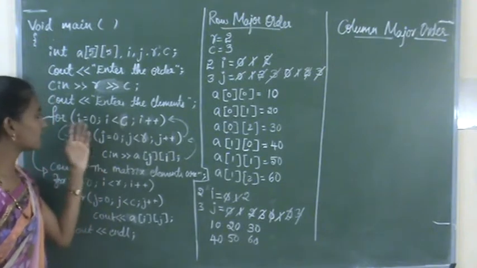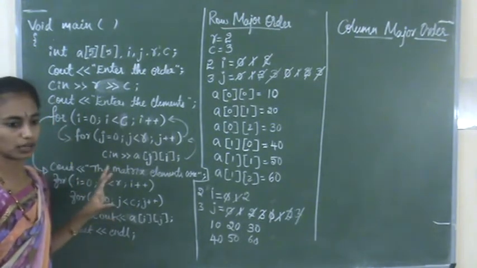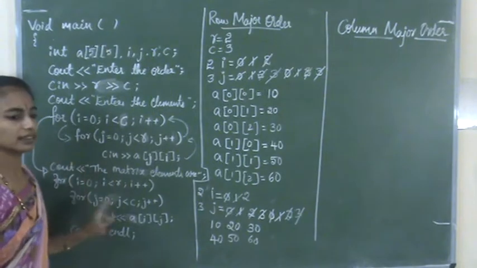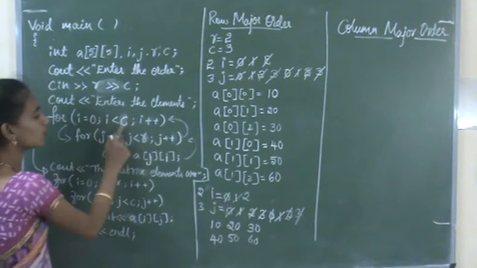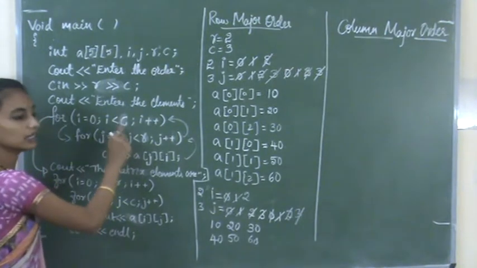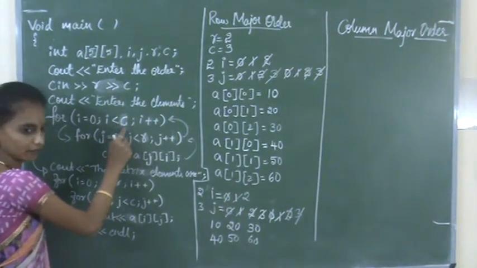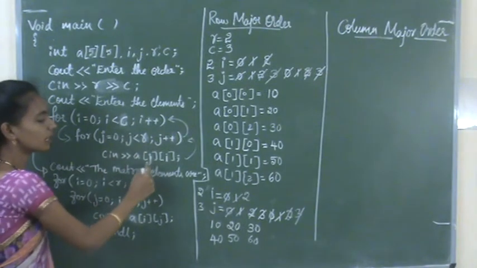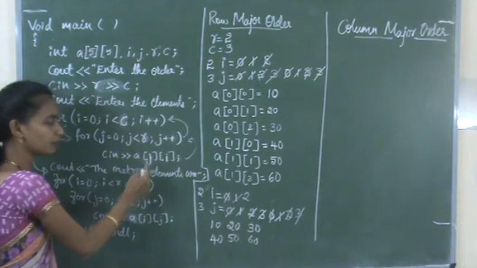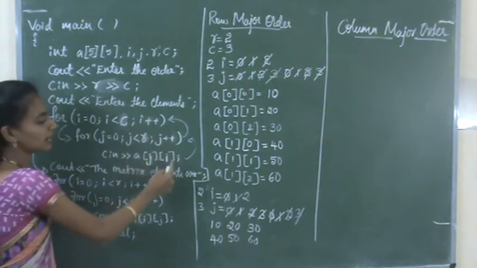It may be I, J, A, B, C, anything. Okay. In general, we are using like this. So first we need to read the column elements. So for that I am providing the column order first and then row order. Okay. So for storing also, first it has to read the rows and then columns, right?